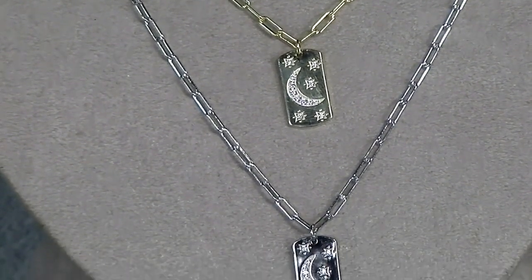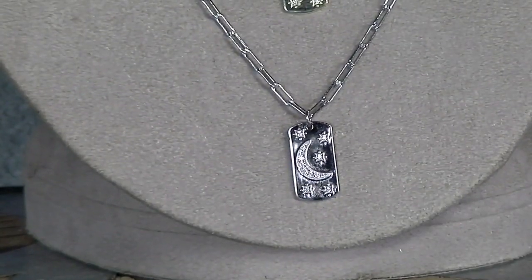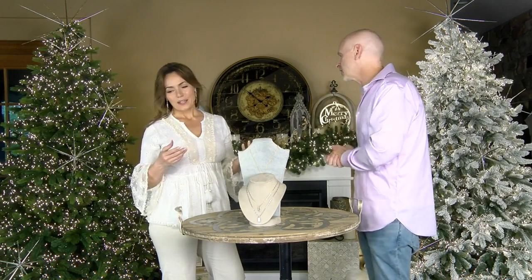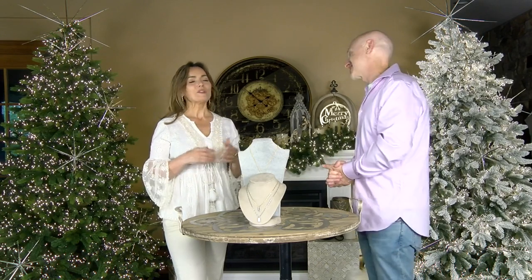I love the fact that it is kind of the tag. It is the tag design, and the stars positioned right, and then the stars come out. It's just a beautiful, beautiful necklace. And I think again, something they do so well in the factory. The moon and the stars are things like reaching for the stars is one of the symbols. I love you to the moon and back, one of the symbols. I mean, there's so many,